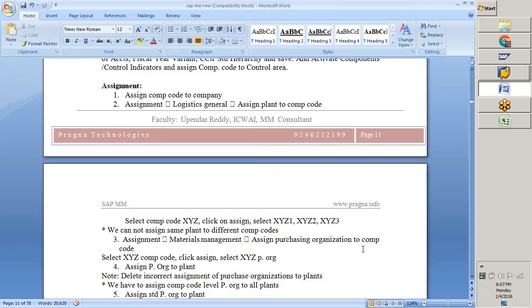Upendra, you can't assign the plant at the group level. No, it's not required; at group level there is no use, and no option is available. We are not posting anything at group level. Group is only for reporting purposes. You are not posting, not preparing any statements, and not calculating anything at group level. Group is for reporting. Everything you are purchasing, you are creating materials,